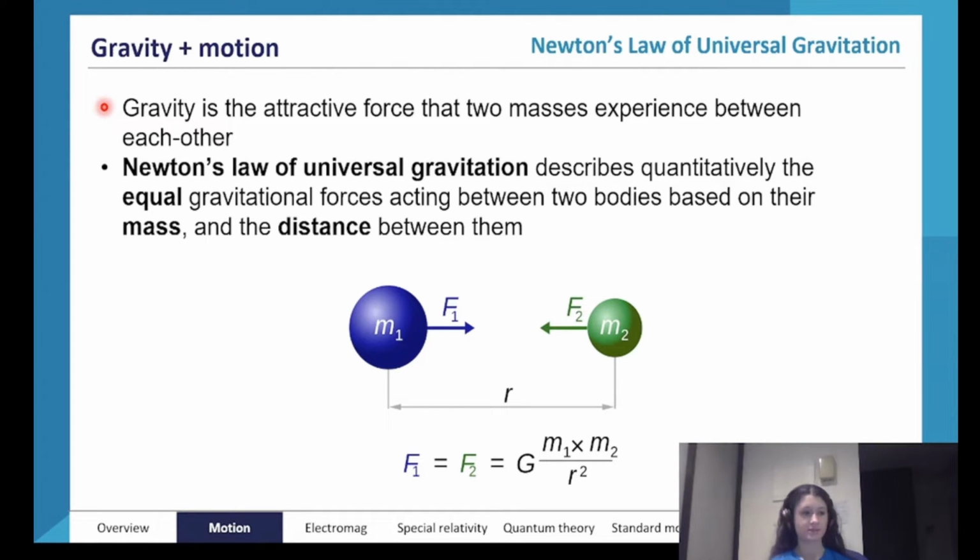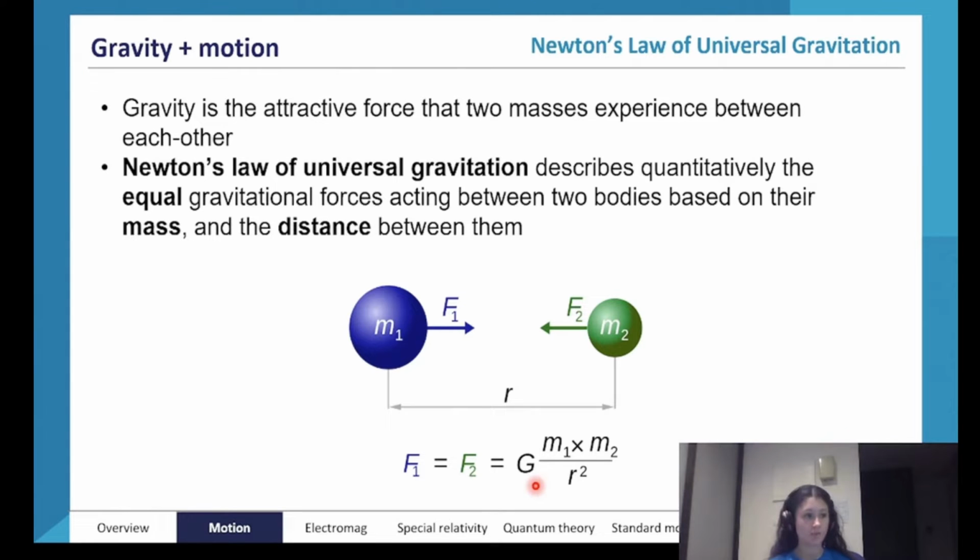So what this tells us, and this equation is on your formula sheet too, is that our force of gravity is going to be greater if the masses are greater, which makes sense. The sun is going to have more gravity than a paperclip. However, the force experienced by the two bodies is going to decrease as they get farther apart, which also makes sense. And then our big G here is our gravitational constant, which is a number written in your formula book, so you don't need to remember it.